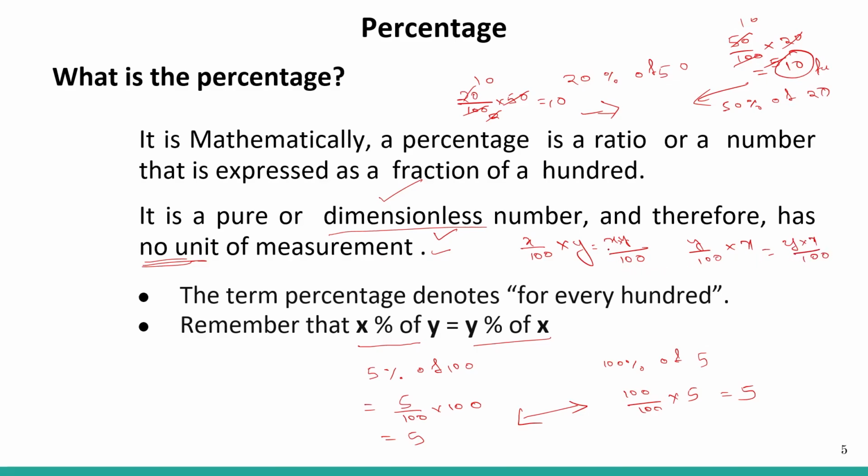So as we know that multiplication follows the commutative property, so x into y is equal to y into x. Okay. So xy is equal to yx, or x multiplied with y is equal to y multiplied with x. So y into x by 100 is equal to x into y by 100. So these two are same. So we have proved this explicitly and observed two examples. Okay, one basic example and one good one.